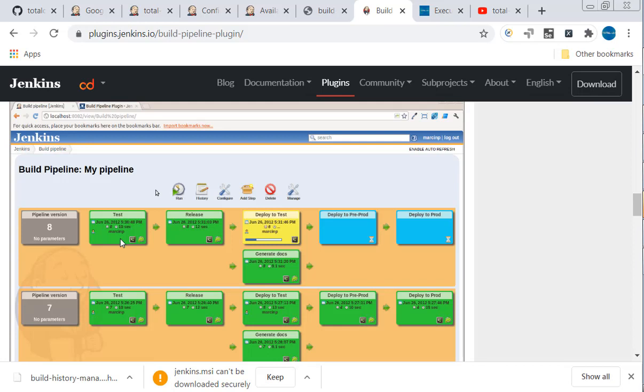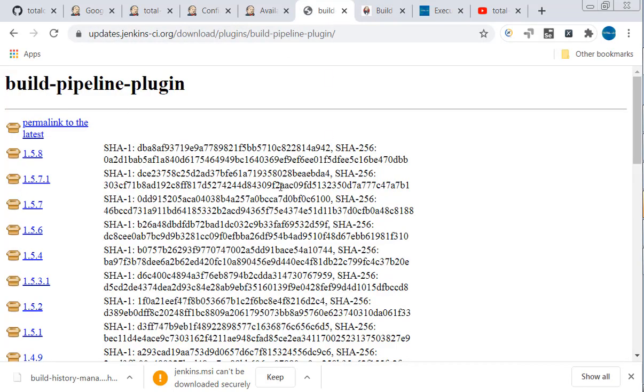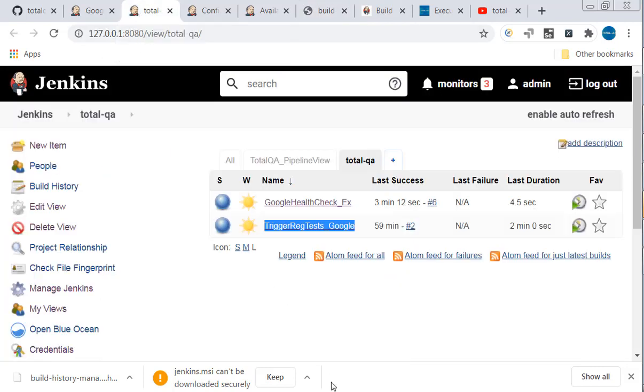Because we know one job is depending on another job, we create a pipeline view. How are we going to download this plugin? As I said previously, you have to go to manage plugins, go to advanced, select this plugin, download this plugin, and provide the location where it is downloaded. You can then successfully install this plugin in our laptop. Once you download this plugin successfully, what is the next step? You have to click on